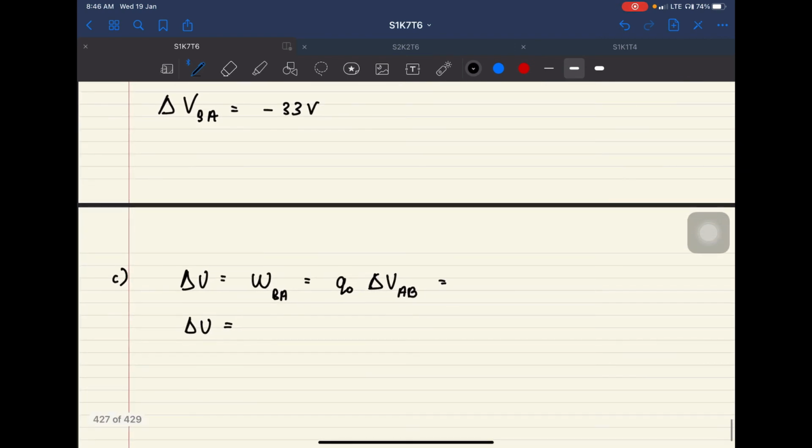Okay, and then the last question, they want to find delta U, but delta U is equal to Q times volt. Okay, BA, be careful with this one. So this one is actually Q0 times VA minus VB. Okay, again, the subscript is not really important in terms of this one and this one, but the most important thing is which one minus which one. Final minus initial. So Q0 is 4.5 nano,